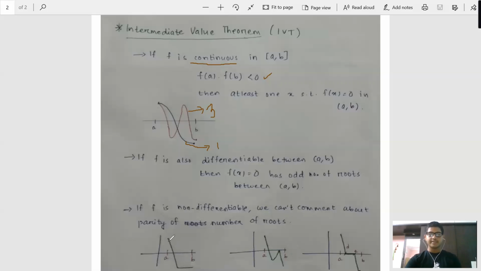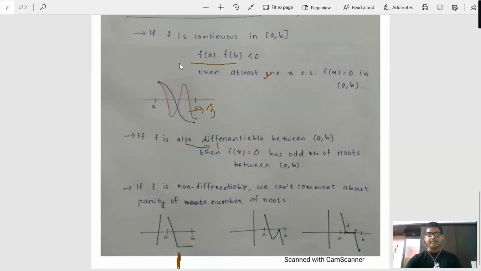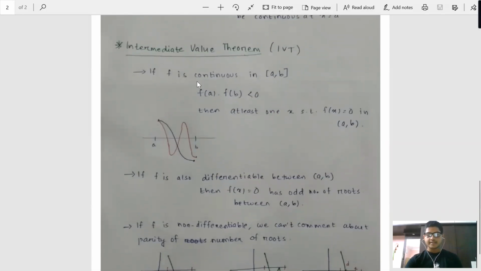Why is this so? Because you see this graph, this is not differentiable because there is a sharp turn at this point. You can clearly see there is a sharp turn at this point. The line is getting thick, but okay, at this point there is a sharp turn. So you can clearly say that that point is the point of non-differentiability. This point, fine. But you can see there is one root. Okay, that is fine. Now let us see one thing.